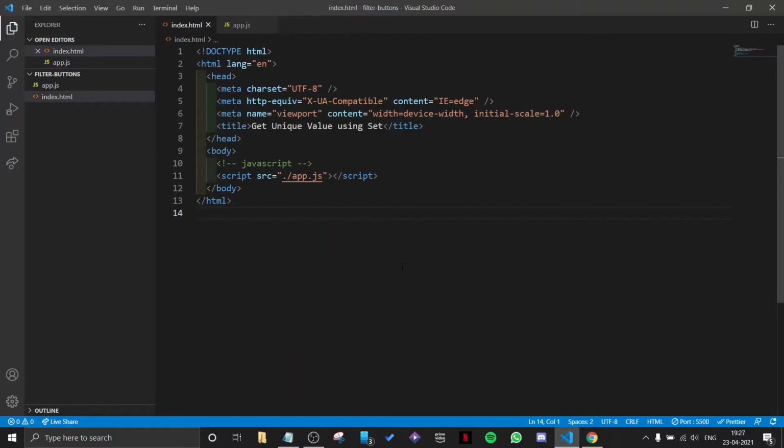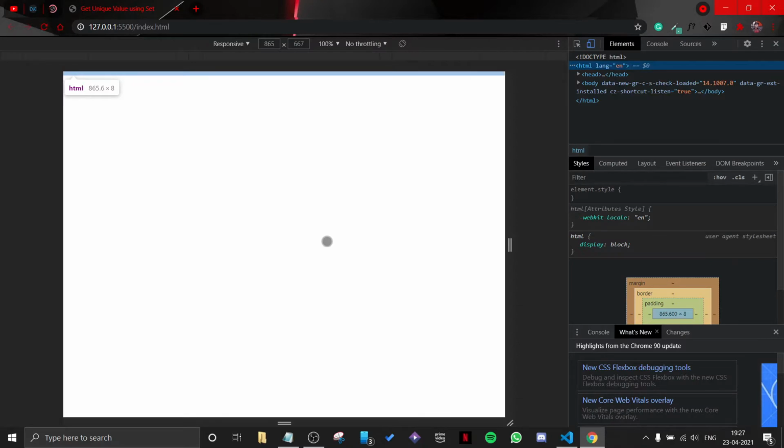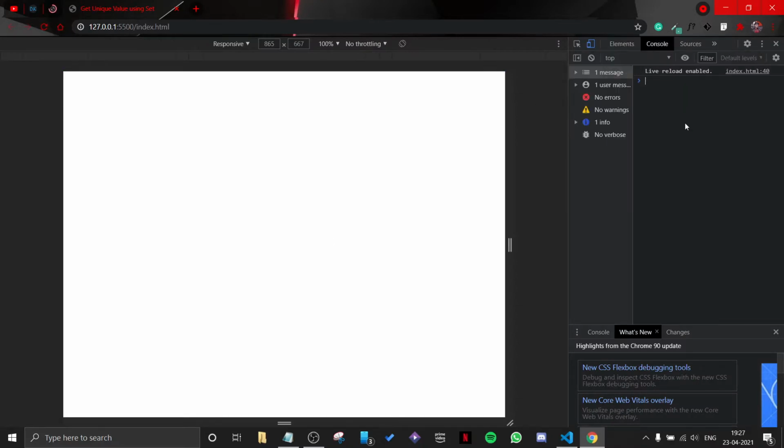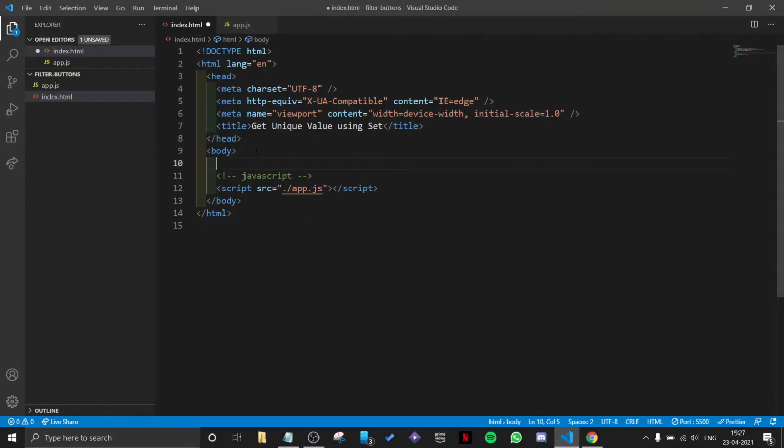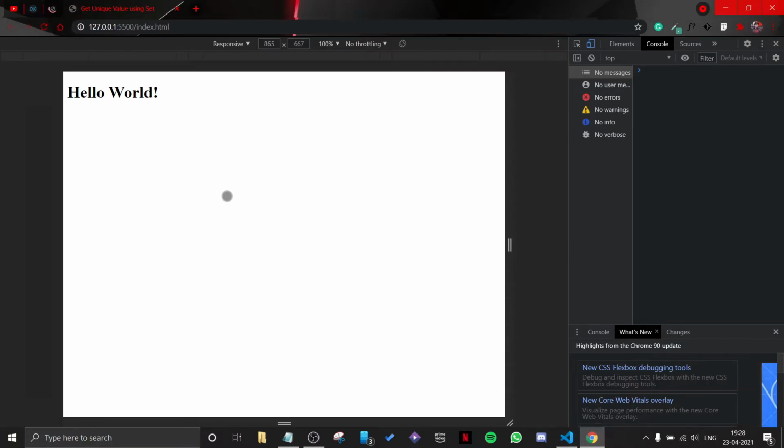So let's first open our file in the browser, open with Live Server. As you can see, we don't have anything in the body, so this is what our project looks like. I will go to inspect and console, and first let me print something for the HTML part. I will use an h1 and print hello world, because if you can't print hello world, people don't take you seriously, right? So let's see. Yeah, so that's the coding part, right?